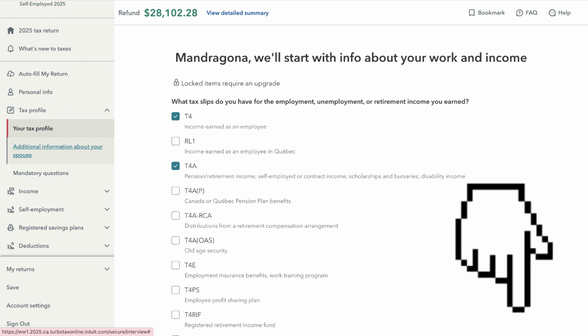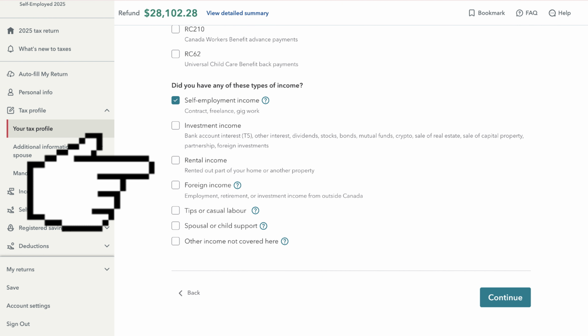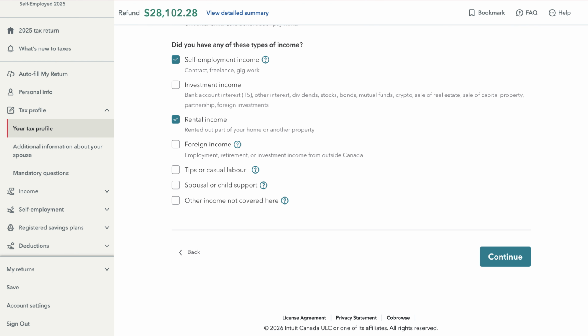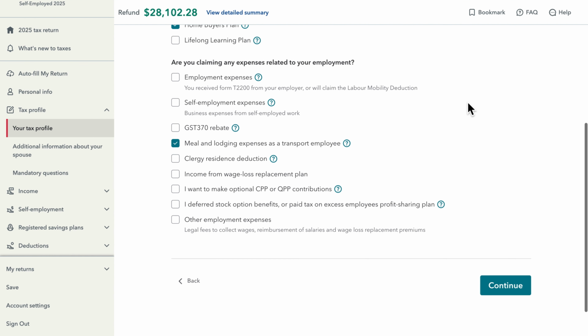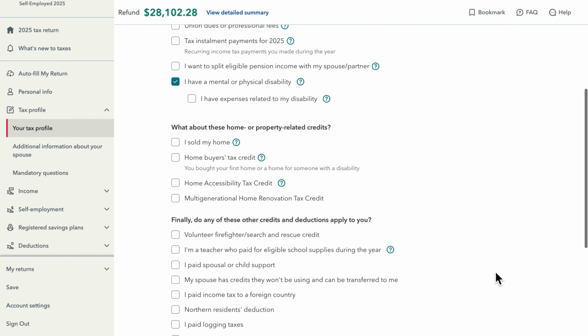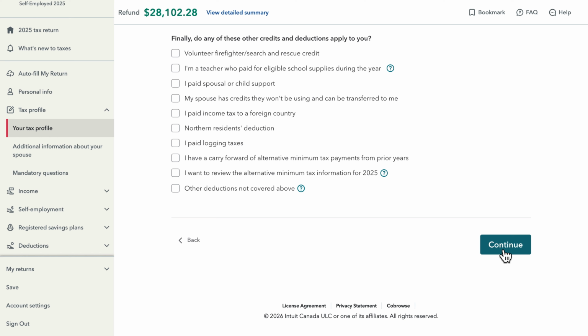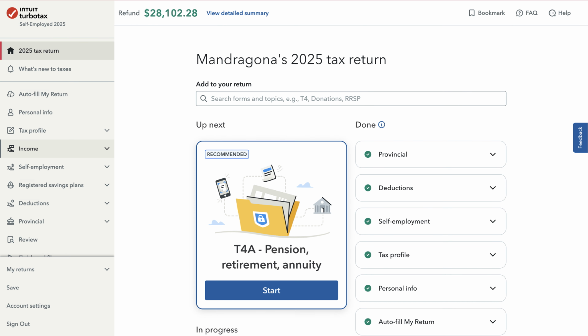On this page, you may scroll down until you see the rental income option and you want to do a check mark on it, and hit on continue button. You may have to answer some questions again regarding your taxes info. Just remember to pay attention to each TurboTax question and choices, because sometimes it will relate to your new income